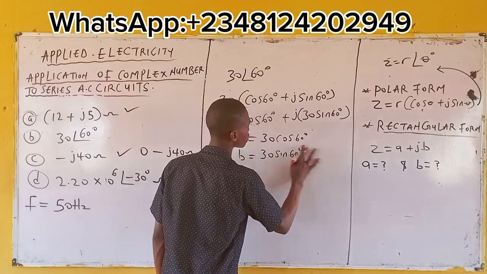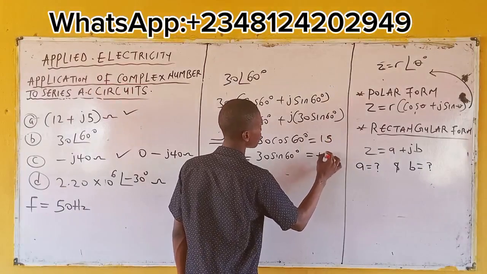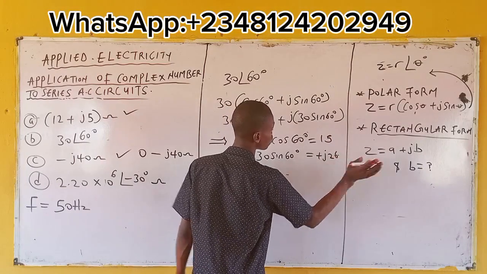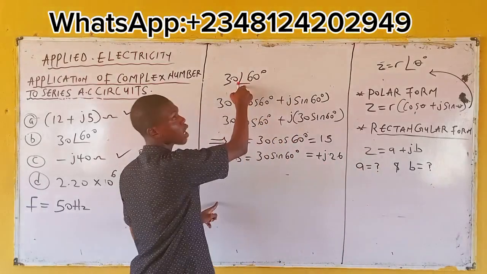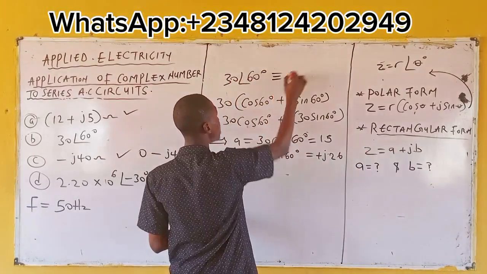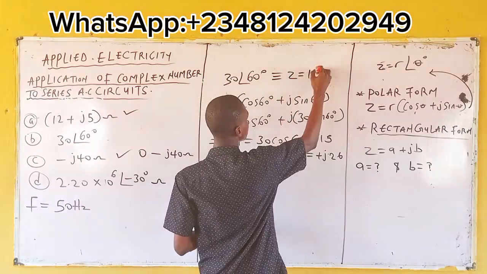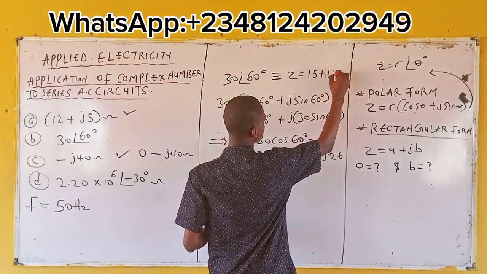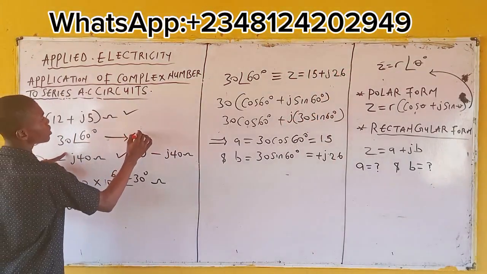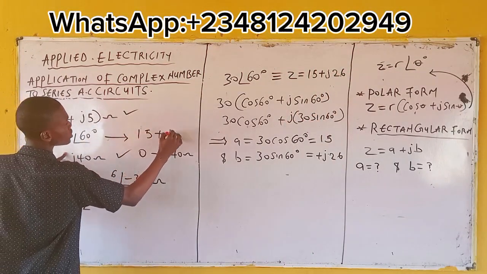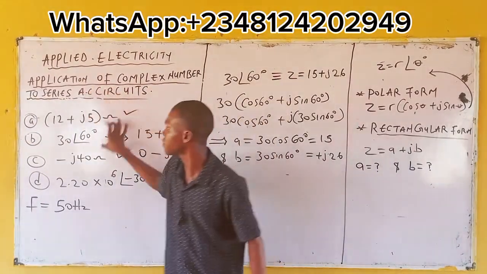Input this in your calculator. What's the answer? 15, and this is equal to positive J 26, just 26. Now substitute, meaning that this polar form in terms of rectangular form is equal to 15 plus J 26. Now question B is still the same thing as writing 15 plus J 26. But what we are doing here, this is question 1, is different from question